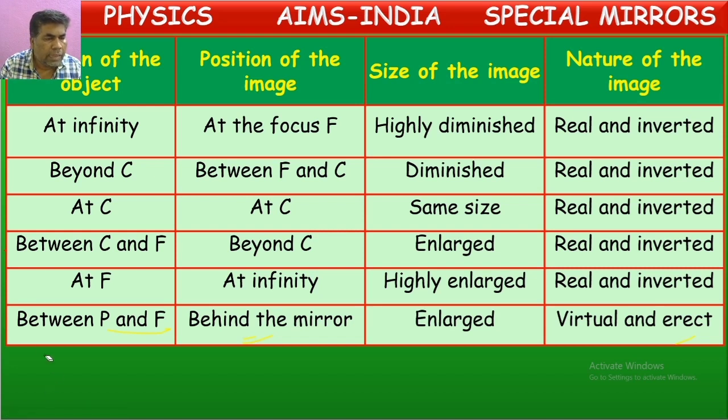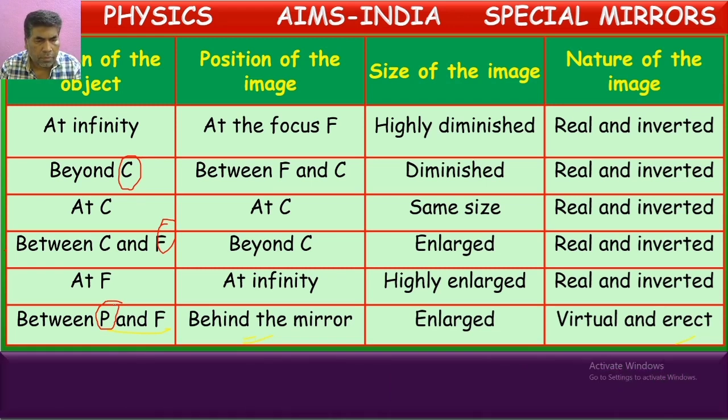Okay. Here, the position of the image or position of the object, how are we comparing? Based on the points like center of curvature, focus, pole. Basing on these 3 points, we are telling the object position, image position and nature of the image. Okay, children? Questions on this entire topic we are going to discuss in tomorrow's session. And again, you are going to have an online exam on Sunday on the same topic.